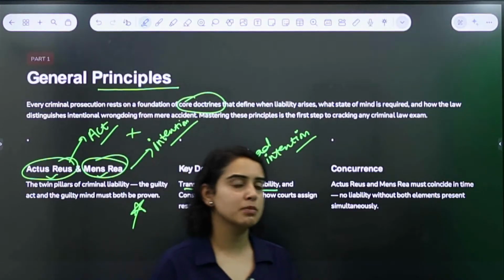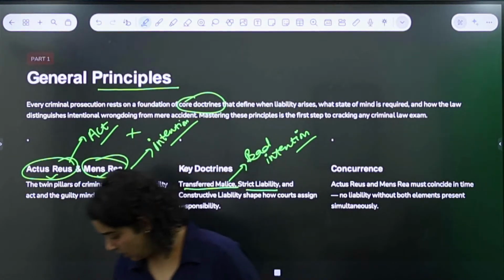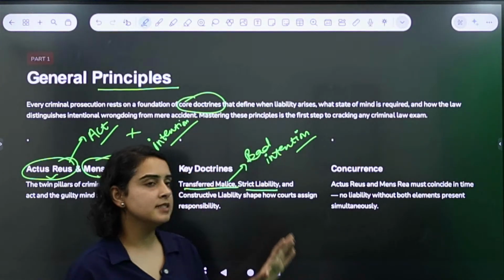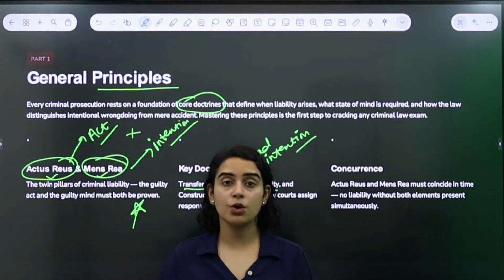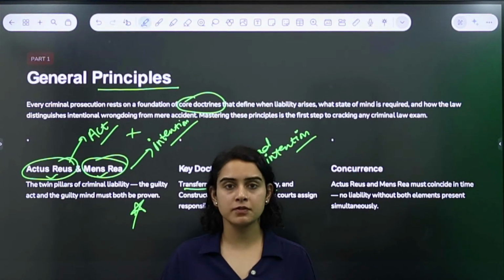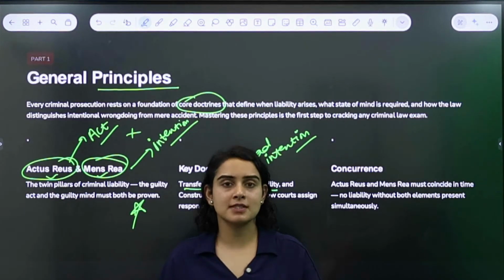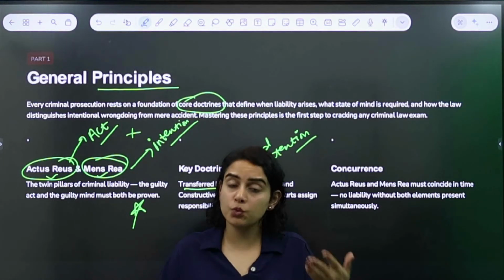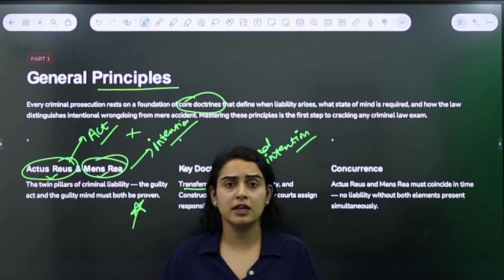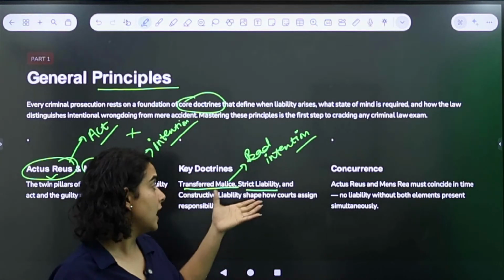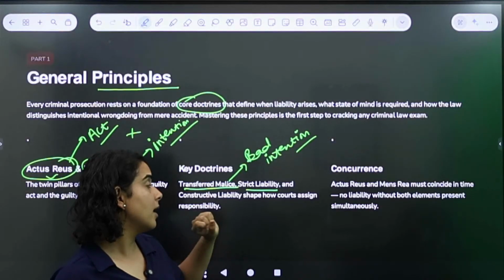Strict liability is that principle you must have learned about in law of torts also, right? Strict liability says that it doesn't matter if you have the intention or not, you are still going to be responsible for the same. Now let's say you have a servant, right? Your servant is acting on your behalf and he commits some crime, right? So in that case, automatically you will also be responsible, and you will be responsible for any damage that has been done, any harm that has been done. The criminal liability will also arise, right? So in that case, the principle of strict liability is applicable.